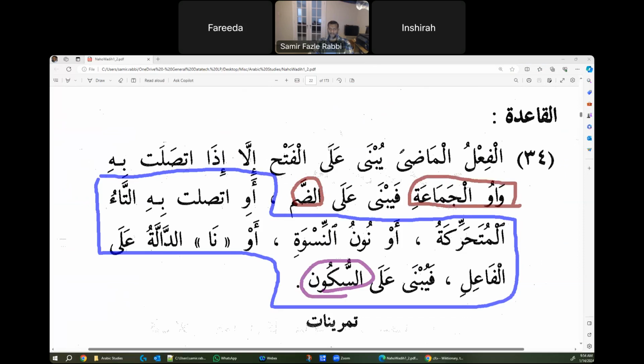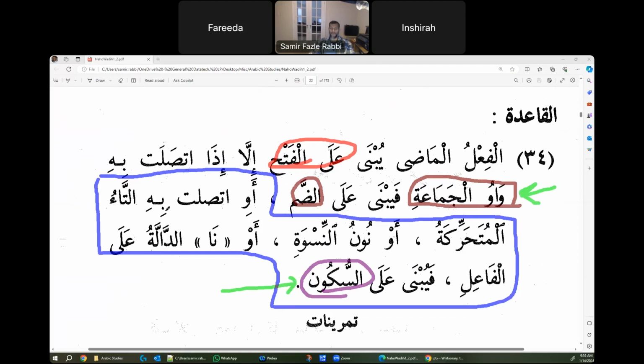And the remaining of them are just going to be fatha default, and you don't have to say anything of why. So if it turns into a dhamma, the waw al-jama'a is the reason. If it's the sukoon,